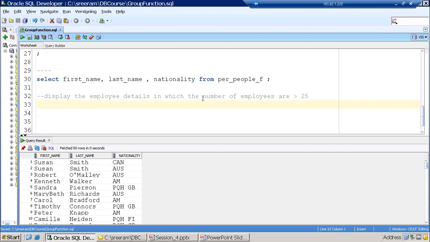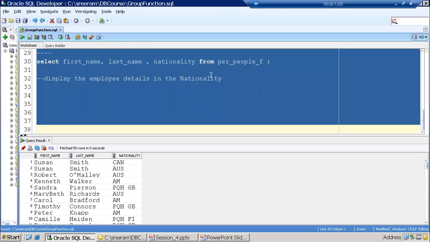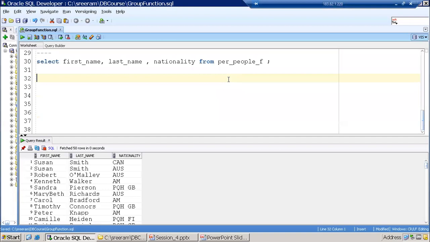Nothing but, in the country, or I can say nationality, display the employee details in the nationality. Sorry, let me say it a different way. If you observe, the column name nationality is nothing but a country name.